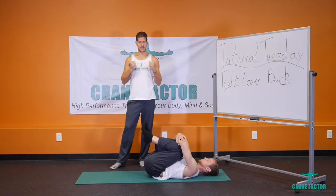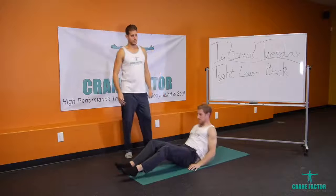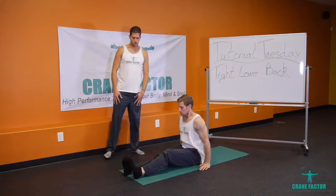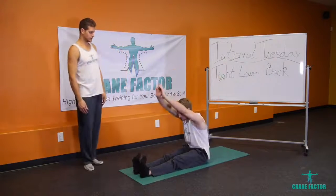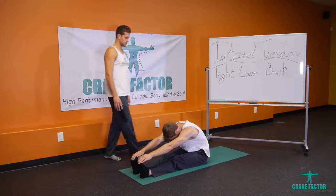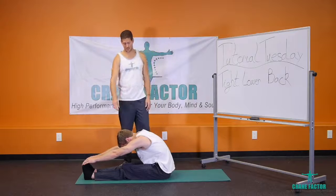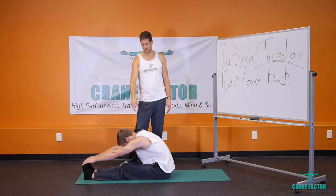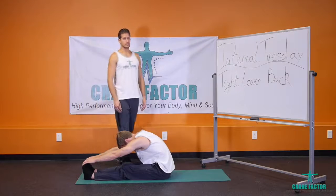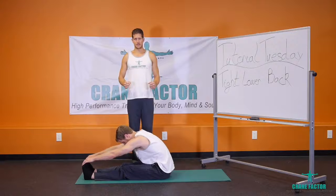Now squeeze in tight and release your legs, and we're going to sit up. As we sit up, we're going to do another hamstring stretch. We'll lean all the way forward, grab our toes, or go as far forward as you can, and release your head. You should feel that stretching all the way from your hamstrings up to your neck. That's a good indication to show you in your own body how all of this musculature is connected. So on your out breath, pull yourself in further with your hands